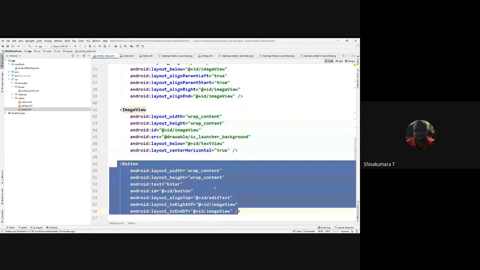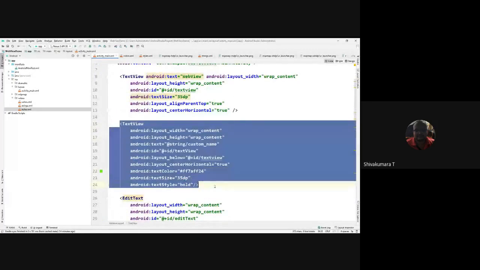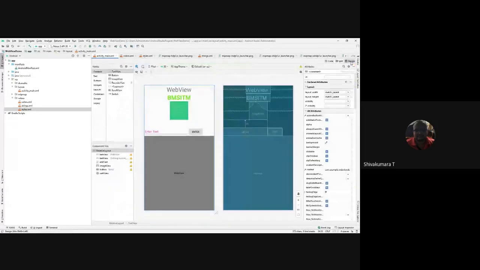And it also illustrates how to create the text view. You can see the design view.